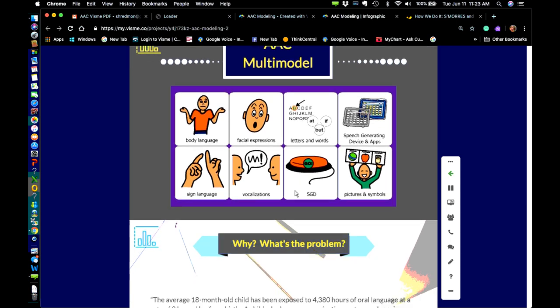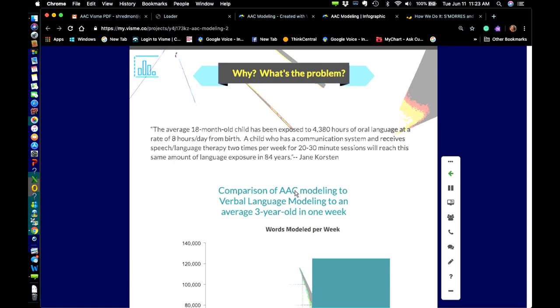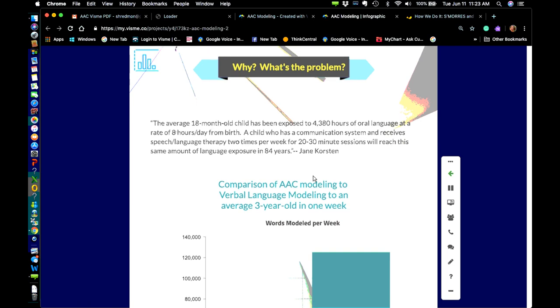Okay, so we're going into the why. This is also one of the barriers that I found when working and trying to figure out what's going on, why are we not implementing this? It's so easy, point to a picture and speak. So why is this not happening? And really what I found, and we'll talk about this, is that it's not a problem for some of the people working with our AAC communicators. And if it's not becoming a problem and there's no urgency, then we're not having solutions, or we're not implementing to fidelity what we need to do. So what is this problem?